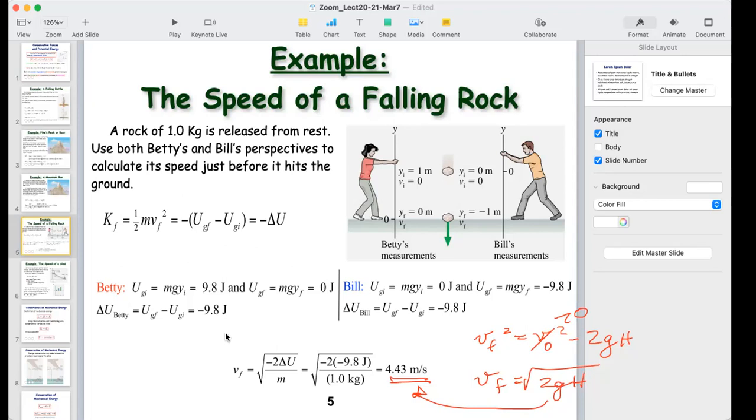Yeah, right? That's a very good point. And this equation here is only valid for free fall. So if students remember, free fall means that the only force acting on this rock is gravity and nothing else. So this is a very special case of someone just dropping a rock with no air